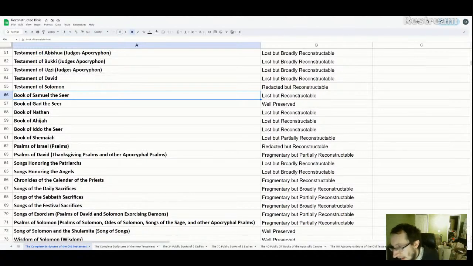So then we have also, he probably prophesied about events in David's life. Samuel may have prophesied about future things that David was going to do later on, perhaps. We actually have a quote of the book of Samuel the Seer in the New Testament that I'm going to show you guys in a second. But also, interestingly, we have the story of the Gibeonites. Let me show you guys that.